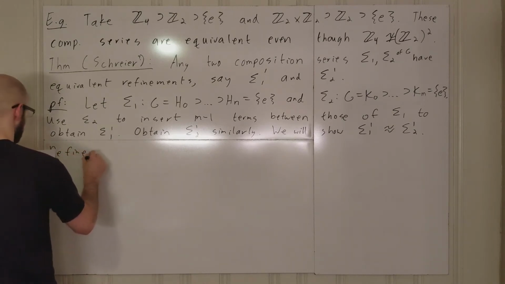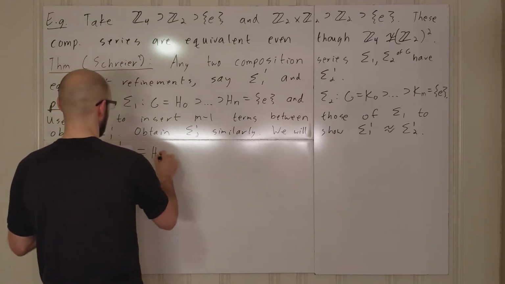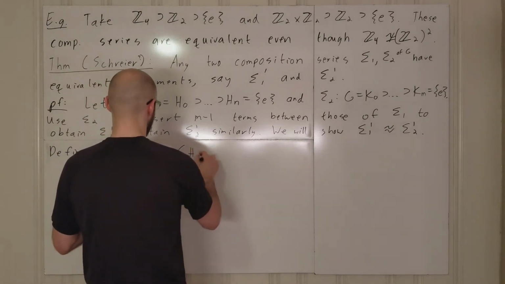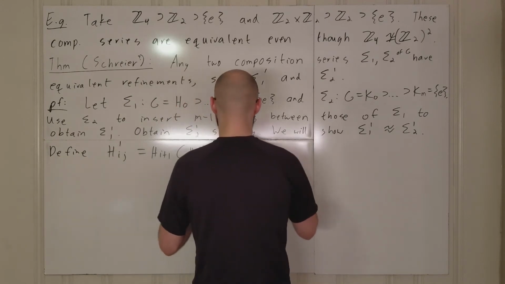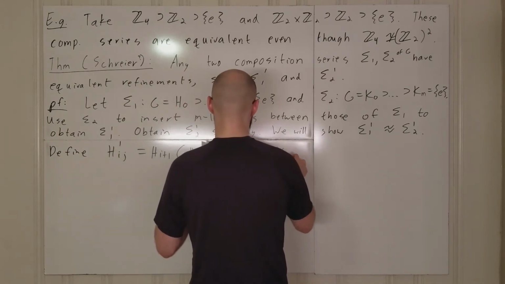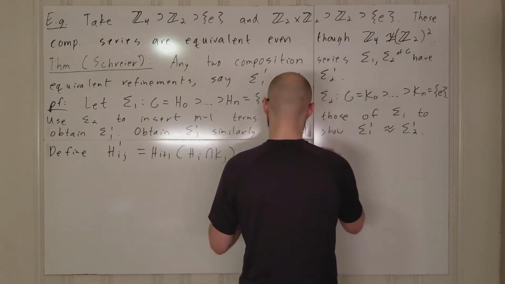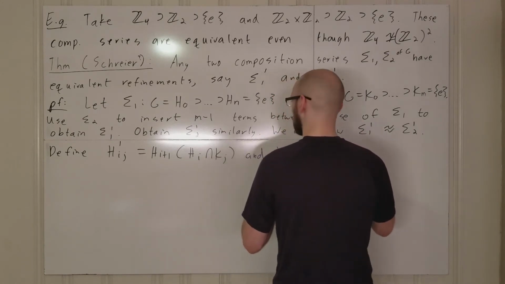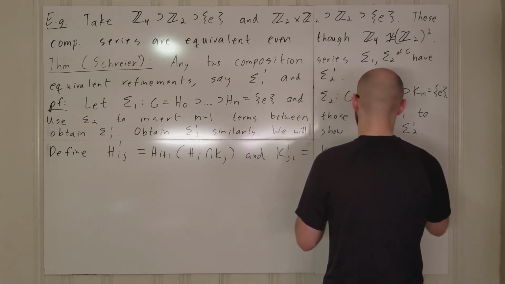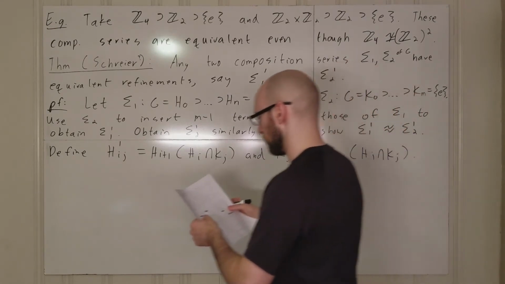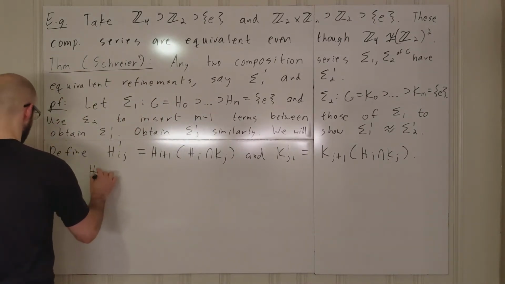Okay, so here's how we're going to do this. We're going to define H_ij prime to be H_(i+1) times (H_i intersect K_j), and K_ji prime to be K_(j+1) times (H_i intersect K_j). So then we have H_i is equal to